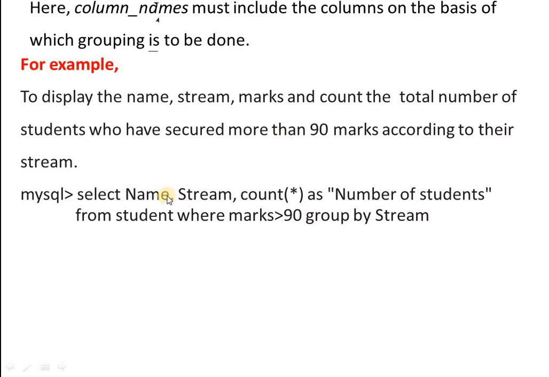I have to display name, stream and marks and count the total number of students. Select name is okay, stream. Now I have to count. So count star as number of students from student where marks greater than 90. This is a condition. And group by stream because there are different streams.